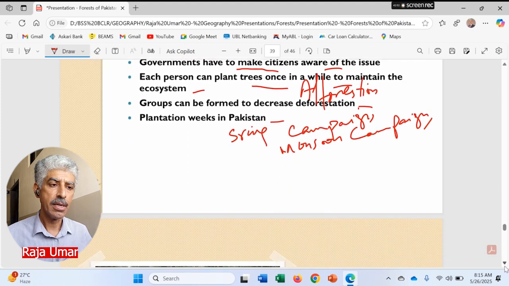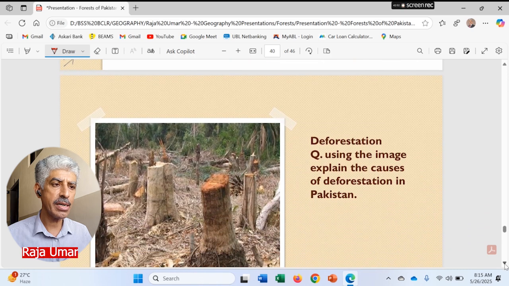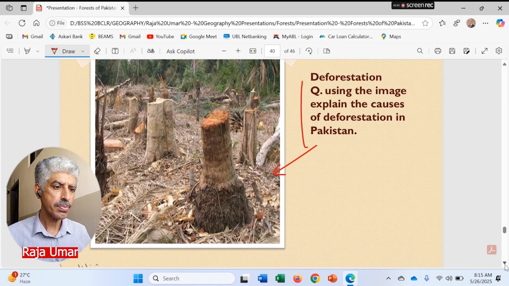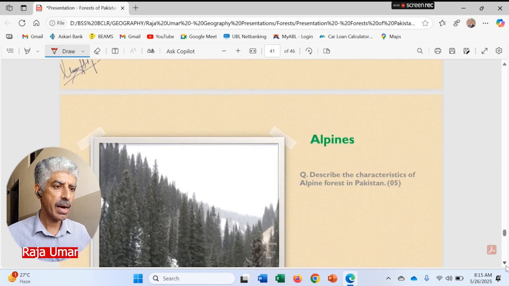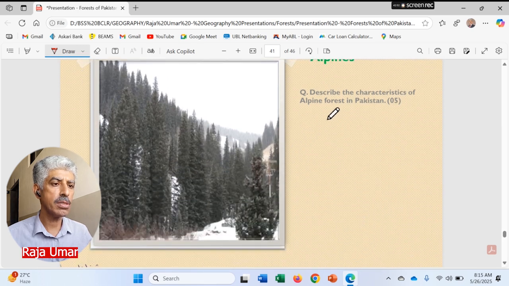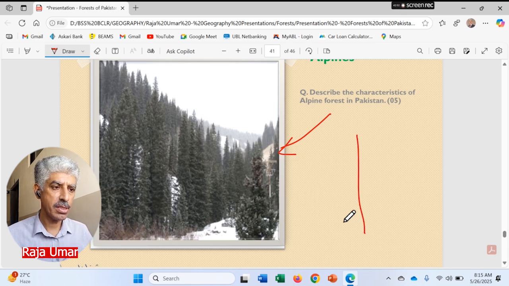So there are certain questions related to using the image. Explain the causes of deforestation in Pakistan. So there can be a question keeping in view this diagram, and we have discussed the causes. Describe the characteristics of the alpine forest in Pakistan. By looking at this picture, students are supposed to explain what the characteristics of these are: tall, broad-leaved, sloping branches to prevent soil accumulation,